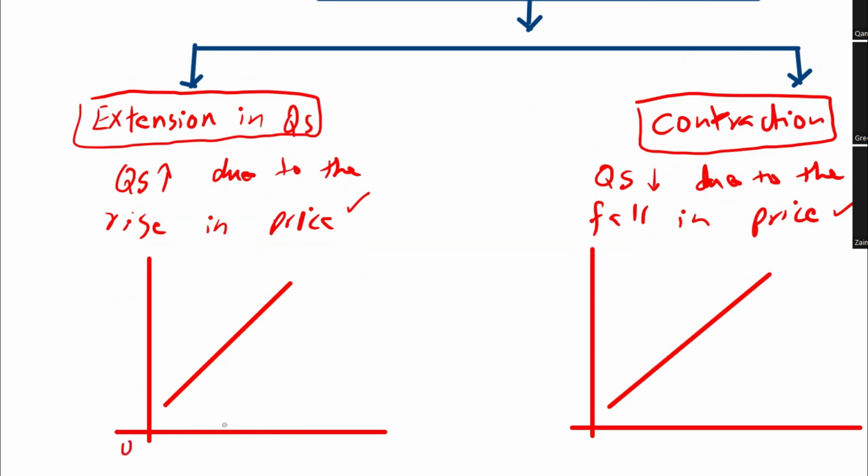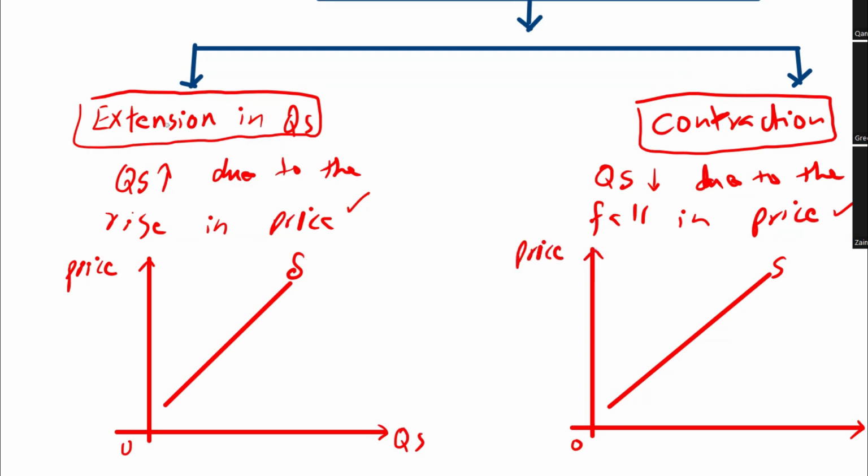right? So supply curve looks like this, that is positively sloped. And this is origin point. On X we have quantity supply, on Y we have price, and this is supply curve. Although it's a straight line, in economics we call it a curve in case of all of the graphs.